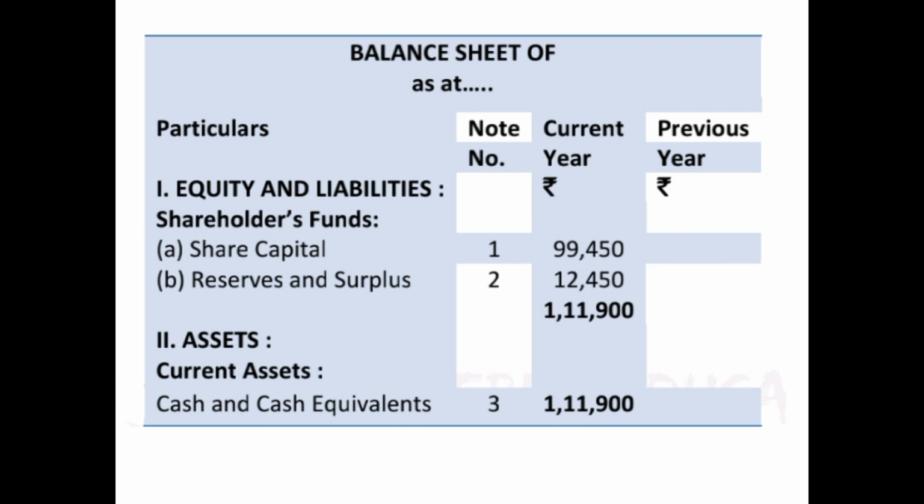And while showing the share capital, do remember, first of all you will show the authorized capital. Since no value is given, you will just mention authorized capital. You will just put dash dash dash shares of dash dash amount each. That's it, just for showing it, because this is part of the format. And then you will write issued share capital, 10,000 shares of 10 each, that is 1 lakh. Then you will write subscribed and fully paid capital, that is 9,900 shares of 10 each, 99,000. And then to this you will add back share forfeiture account, which comes to 450.